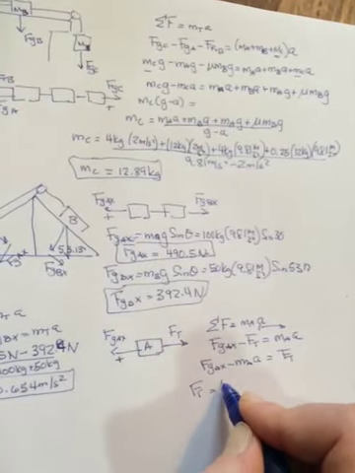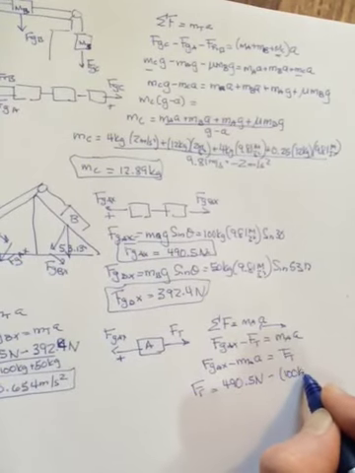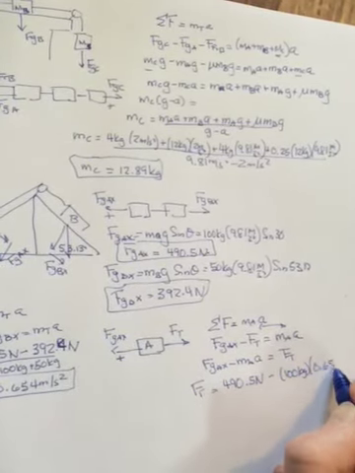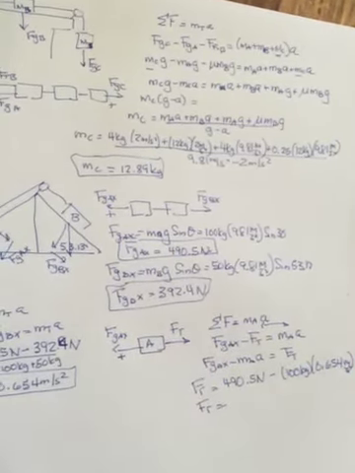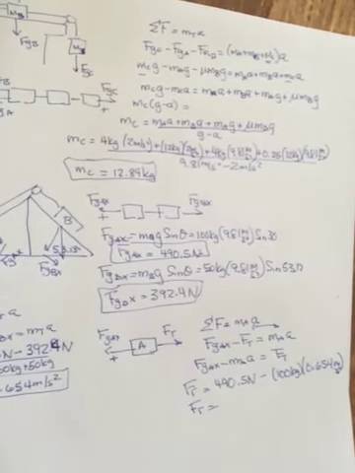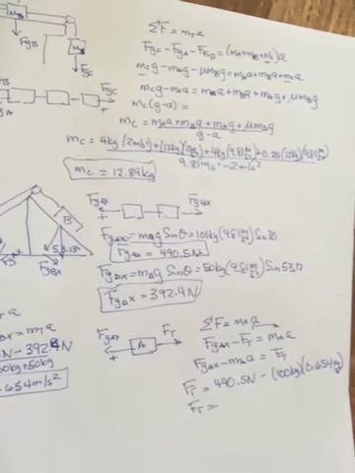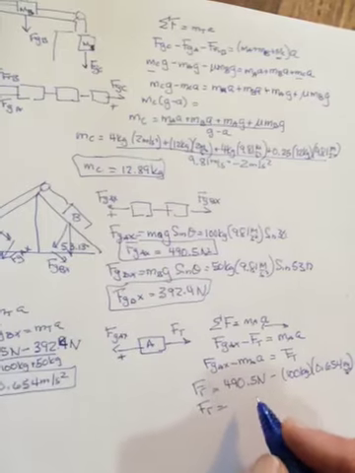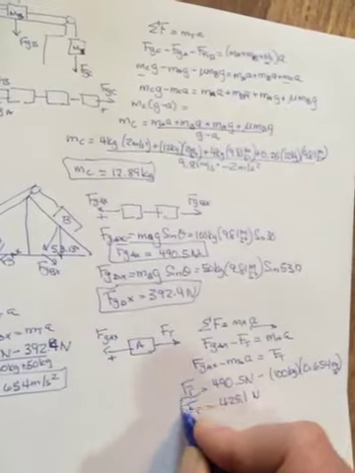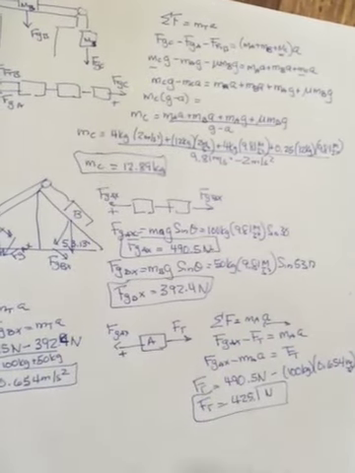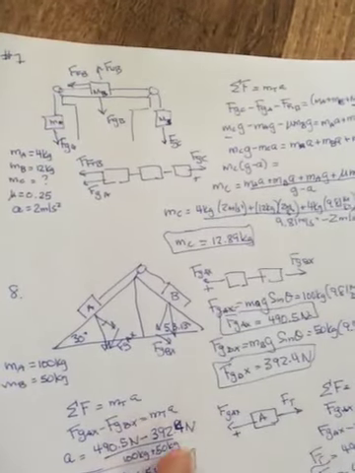Fill in your numbers. So 490.5 newtons minus 100 kilograms times 0.654 meters per second squared, and the tension, so times 100, so 65.4, and then take that away from 490.5, and you should get 425.1 newtons. Okay, and if you did it on the other one, you still should get the same thing. All right, so that's number 8. Number 9